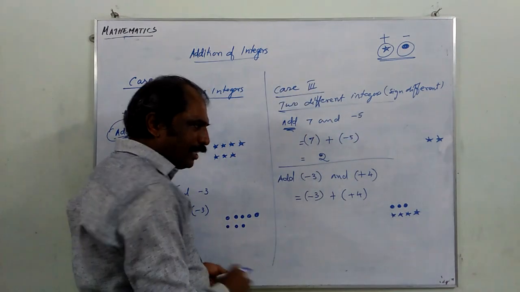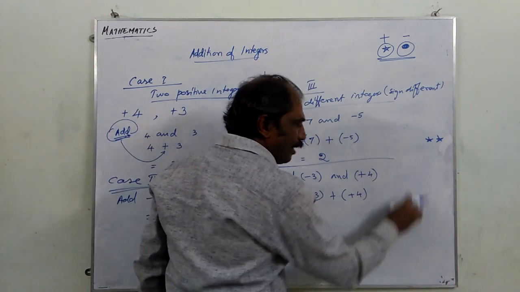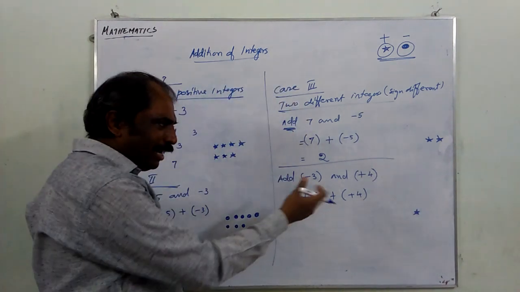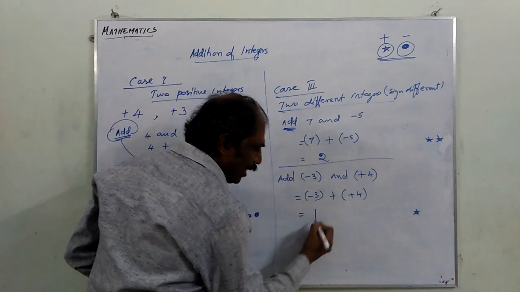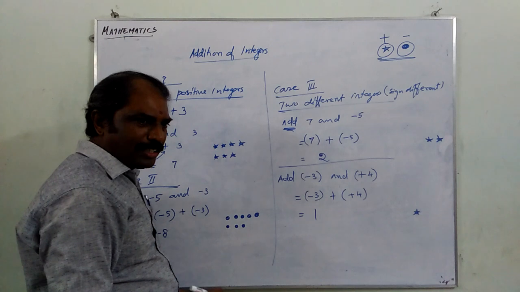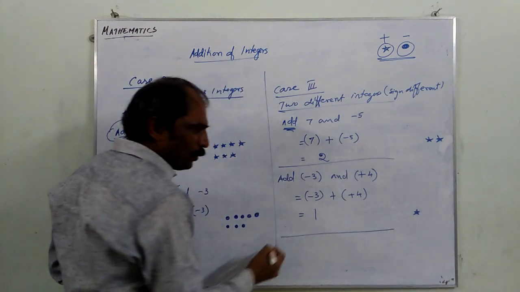Yes. Now let us see. One hits and goes away. Another one hits and goes away. Another one hits and goes away. What is left? Yes, you are left with 1. Is that star or dot? 1 star. So we need not give the sign.